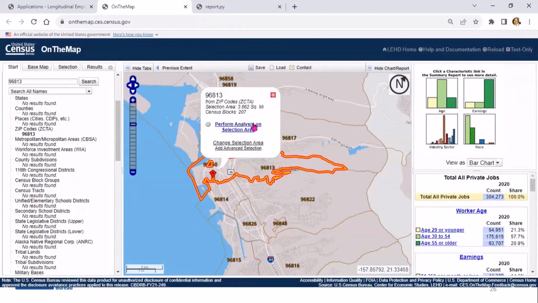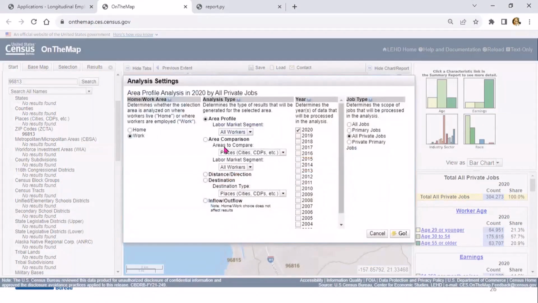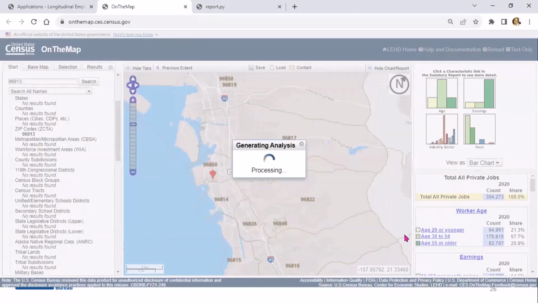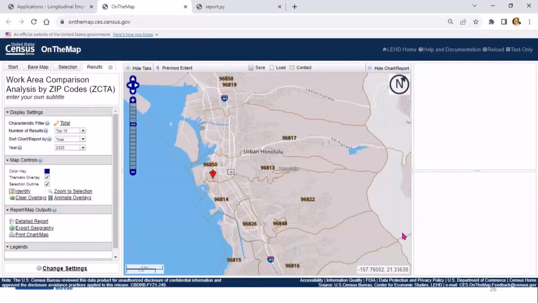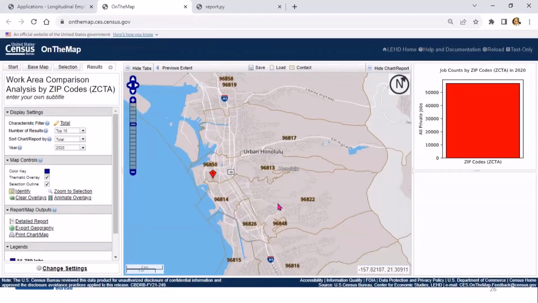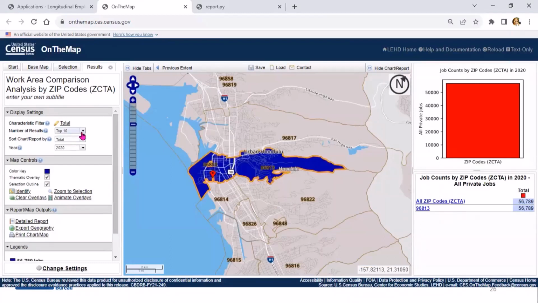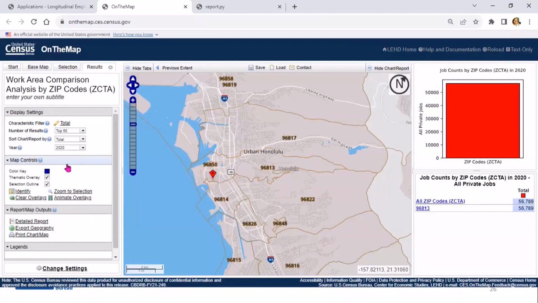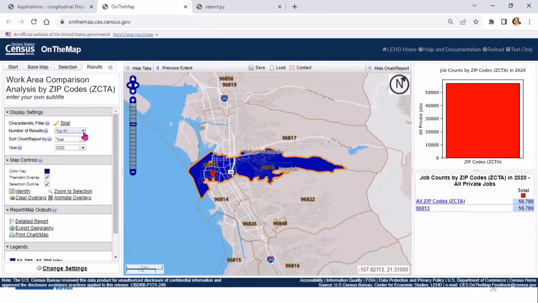I typed in this zip code, and I'll click on area comparison, click on zip code, and click go. It has one zip code here. But if I didn't use zip code, like if I put in Honolulu and clicked on zip codes within that, let me go back to that, sorry.